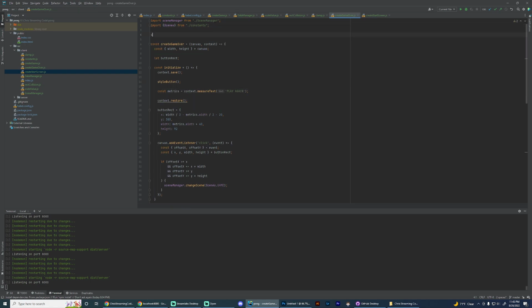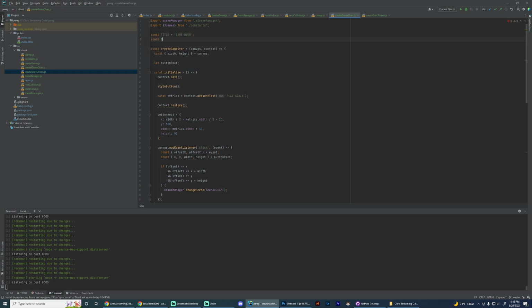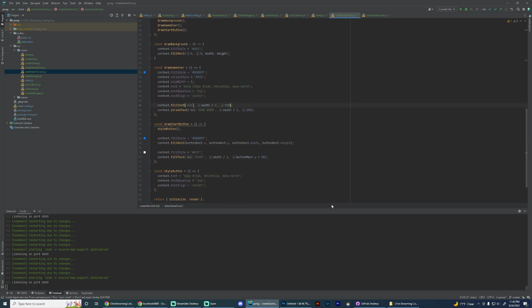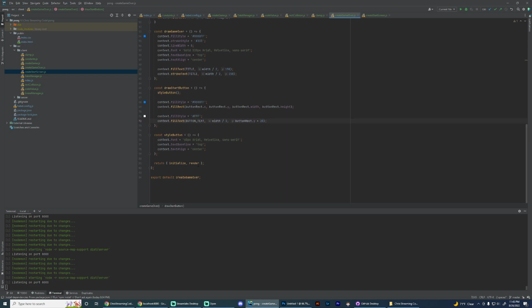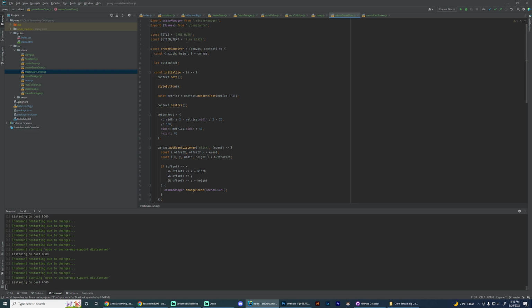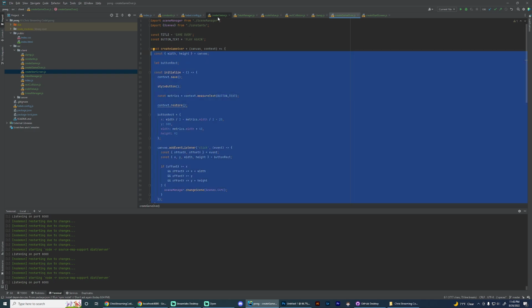And actually, you know what? Let's put title over button. Don't like to repeat strings when it programmatically matters that they match. So we'll make them not match, or we'll make them variables. Actually, they're identical at this point, so we're just going to cheat and copy paste and copy back there. Okay, so